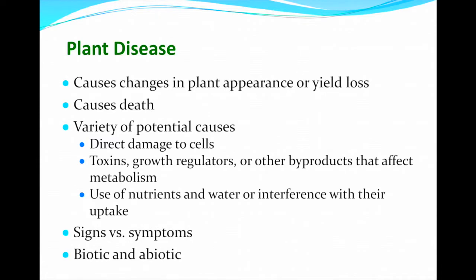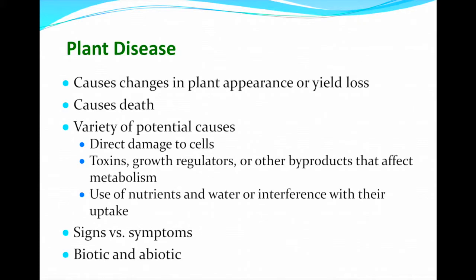Plant disease, the best way to define disease, whether it be in plants or animals, it doesn't really matter, is a malfunction in the organism. Any malfunction in the organism is a disease. So that malfunction can cause changes in the plant appearance or in yield loss. It can cause the fruit to become distorted or maybe not fruit at all or drop the fruit too soon. It can cause a wide variety of things, all the way from issues that we would probably never notice with the naked eye all the way to death, fatality in that particular plant.